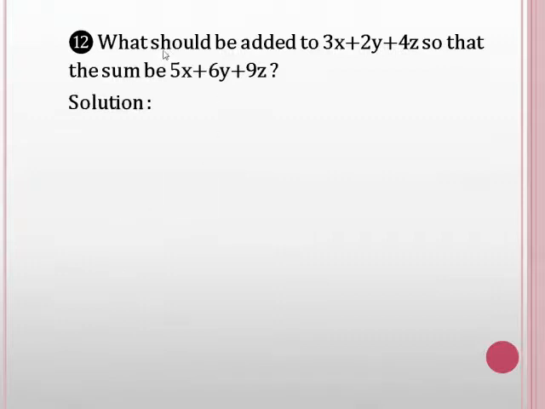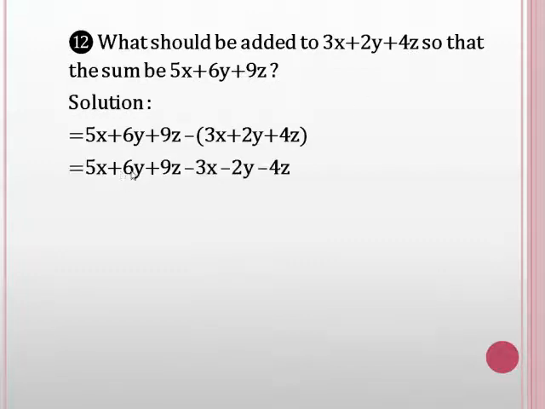Now some more word problems from the same exercise. What should be added to 3x plus 2y plus 4z so that the sum is 5x plus 6y plus 9z? So the solution is 5x plus 6y plus 9z minus the second expression, 3x plus 2y plus 4z. Now we remove the bracket and change the sign: 5x plus 6y plus 9z minus 3x minus 2y and